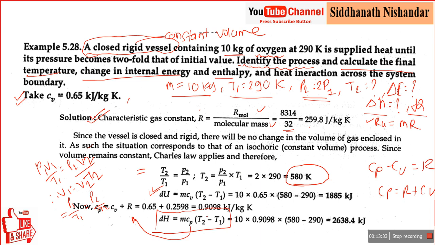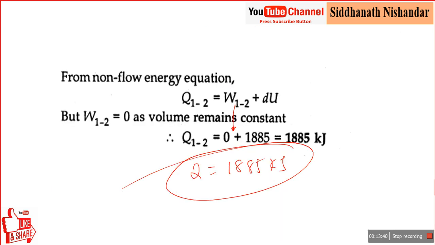And finally, what about dQ? What amount of energy we supplied is utilized as internal energy. The work done is 0 because it is a constant volume process. So here Q is equal to the change in internal energy, which we already calculated in the previous step. So directly we can put the value of the change in internal energy here. Hope you understood this process. They are straightforward; I am just applying the formulas.